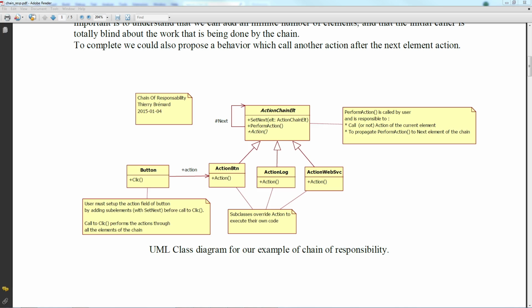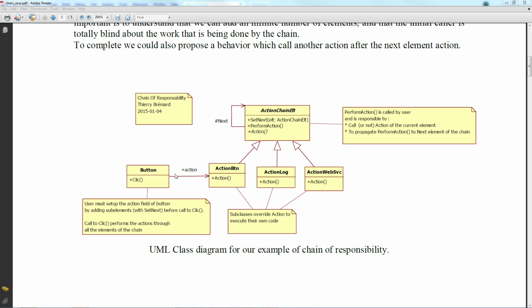But first, I will speak about the goal of the chain of responsibility design pattern. This pattern gives a solution to add an arbitrary number of features for an operation. You can build a cascade of elements which will trigger one after each other. The initial caller is not aware of how many sub-elements are called.